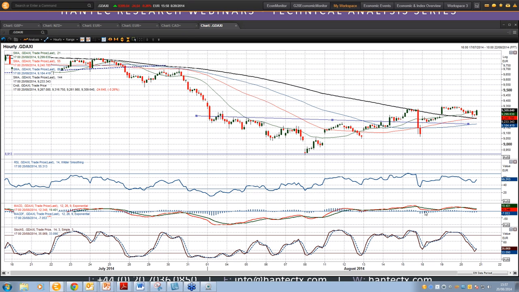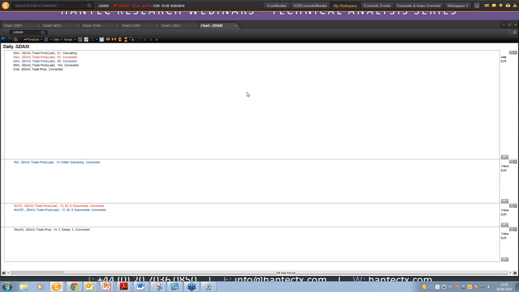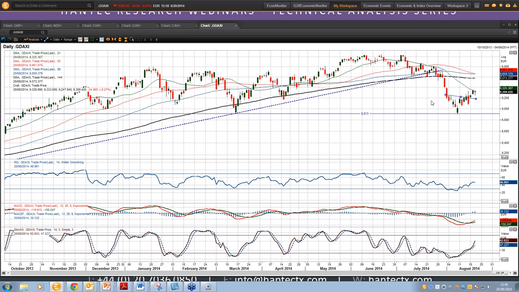MACD lines still positive on the hourly, and stochastics just turned up again. So maybe this little correction we've seen today is a buying opportunity. 94.90 is that target. Oh, neckline stays in. Happy days. Okay, so in terms of resistance levels,